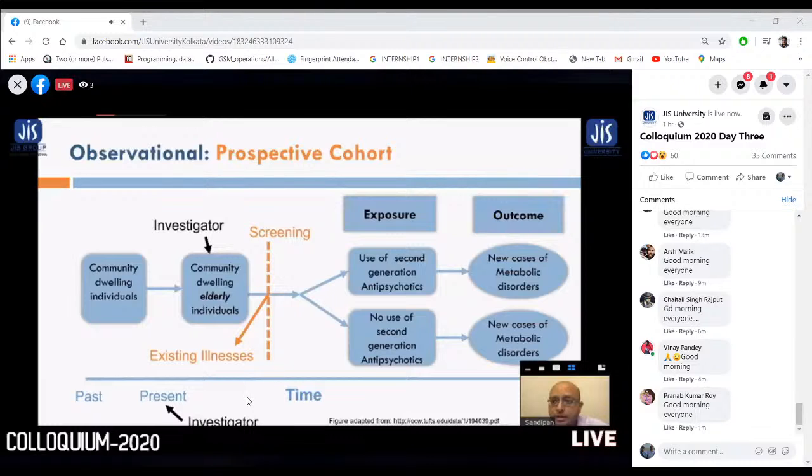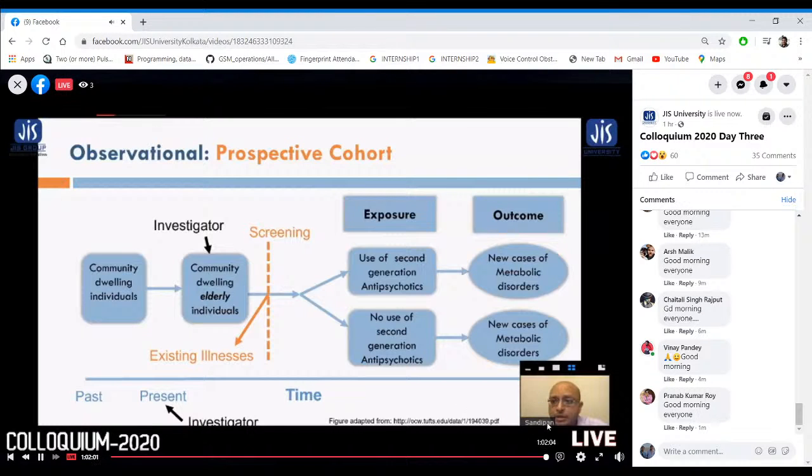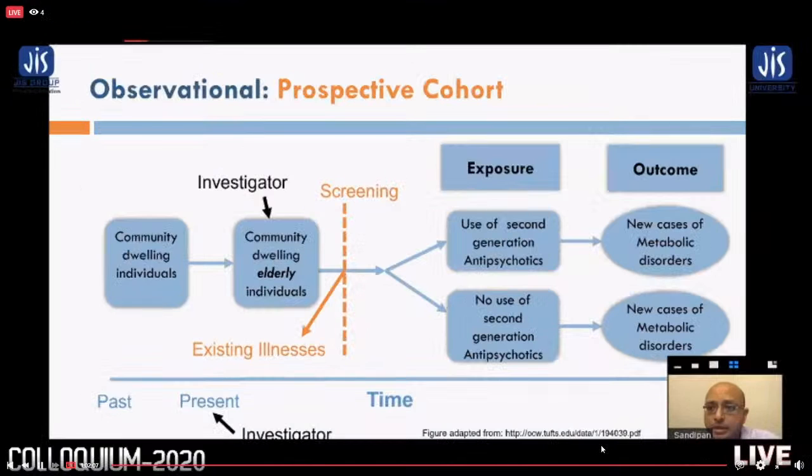Cases of metabolic disorder in the future. So we are prospectively following them up. It's a longitudinal study design, right? So that's your prospective cohort study. Now, as I mentioned before,